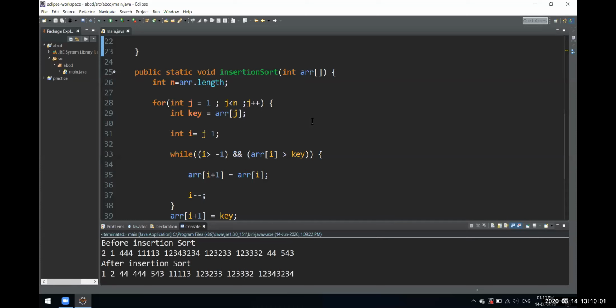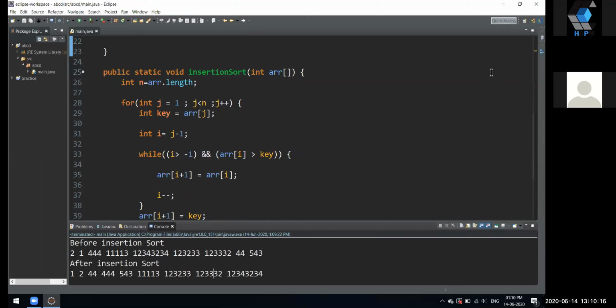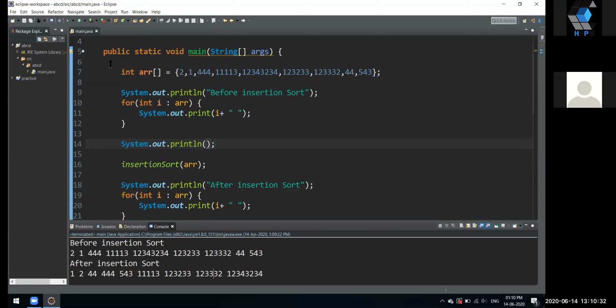There are more types of sorting algorithms we can see. Let's see one more, the most preferable one, I would say the fastest one, and that is quicksort. Quicksort, as the name suggests, is very quick because it uses a different kind of method, a different approach. So let's try using it. Let's just remove this whole thing.